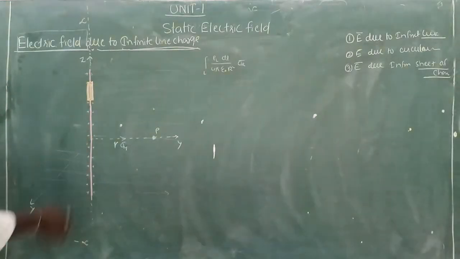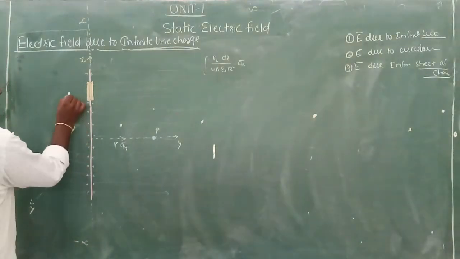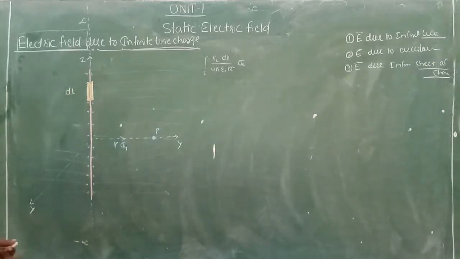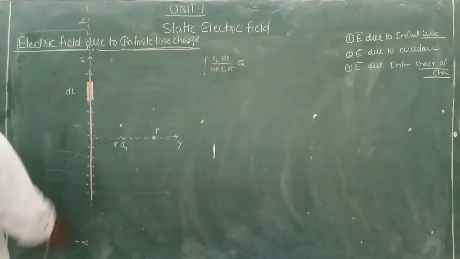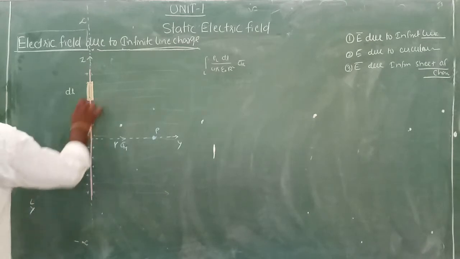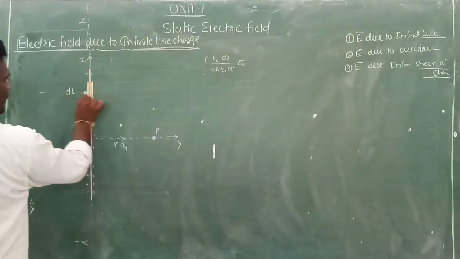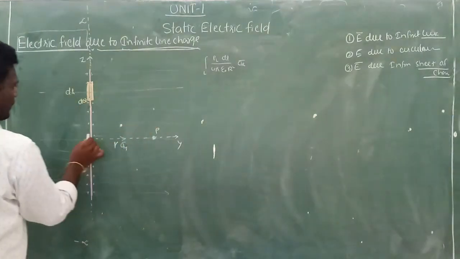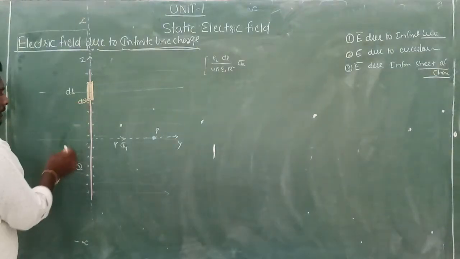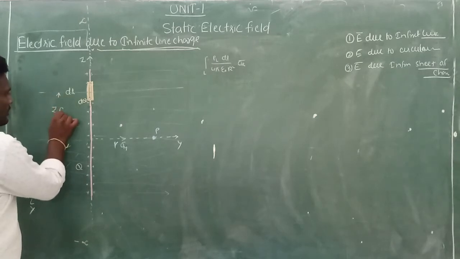If the total length is not finite, it is an infinite length, so we name it dl, the differential length. If the total charge on this infinite length of charge is capital Q, then how much charge is there here? It is dq. And imagine that this differential length is considered on the z-axis, just z units from the origin, and it is in the az direction.